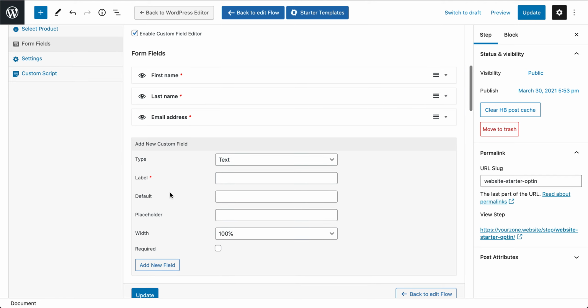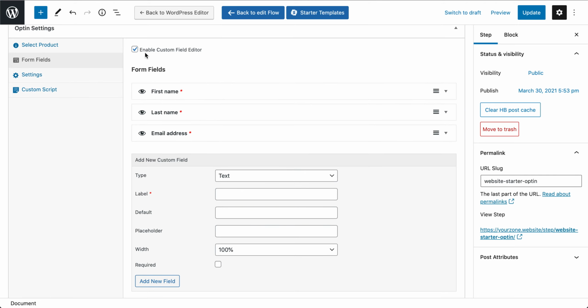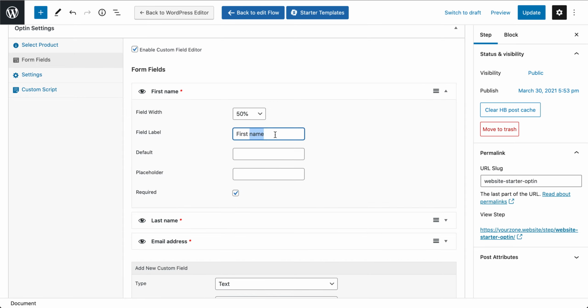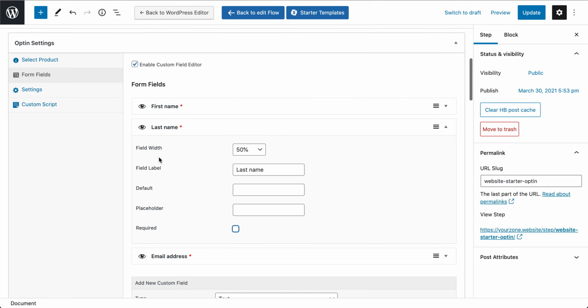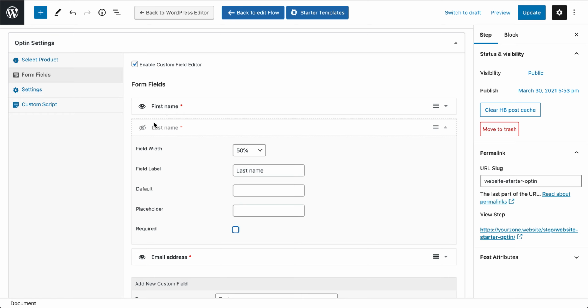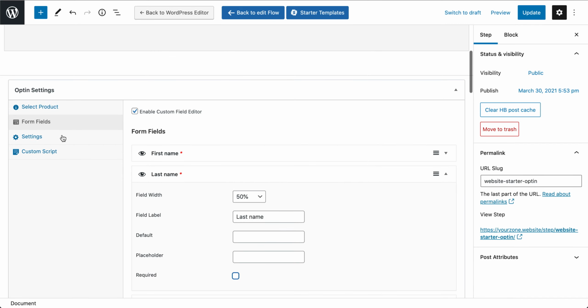Anyways, let's go ahead. So just enable the custom field editor and change these if you want. You can change the name, for example. Instead of first name, you can have just name. Set it to required. Last name, maybe make it not required, so they only have to put in their first name and email address. So that's that. Settings,